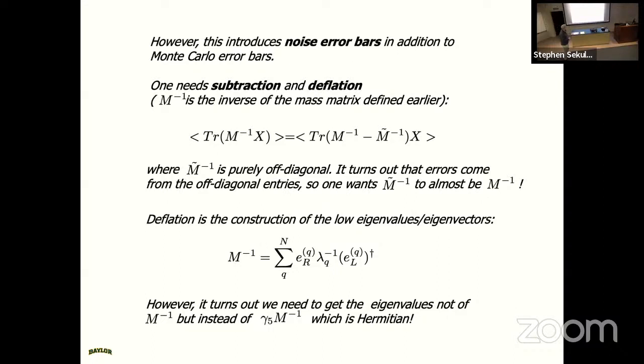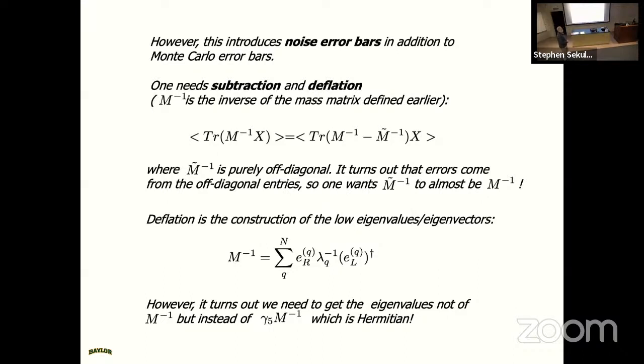One thing you would hope is that your M inverse twiddle, although it has off-diagonal parts, does not have on-diagonal parts. Why? Because then you affect the signal. But that's okay if you just add back those diagonal pieces you subtracted off. If you add those back in, then you'll have an unbiased method. One way you can do this is by